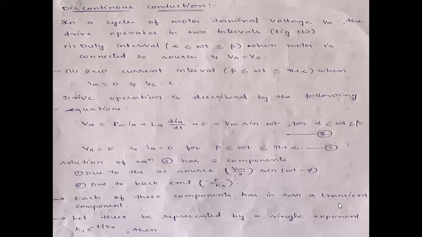Each of these components has in turn a transient component. So let these be represented by a single exponential form, which can be written as K1 e power minus t by tau A. If you substitute this exponential form in the above equation, we get IA(omega t) equal to Vm by Z sine(omega t minus phi) minus E by RA plus K1 e power minus t by tau A,